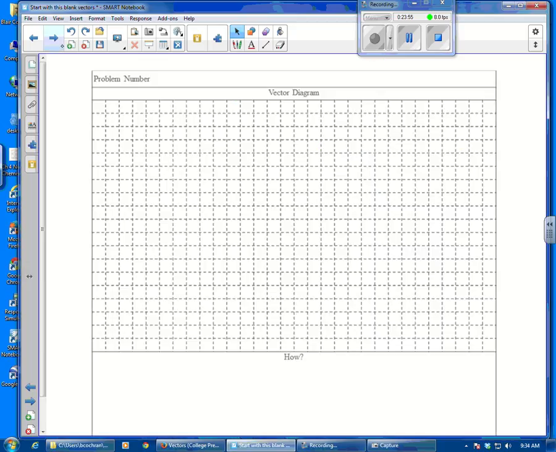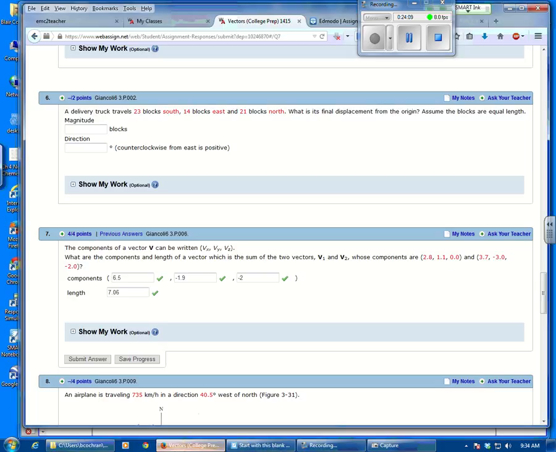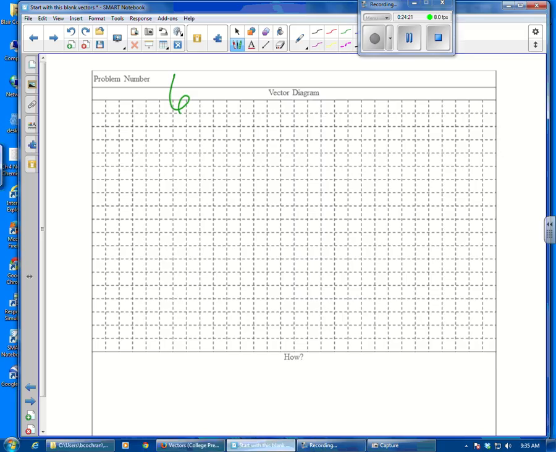Number 6. In number 6, we're given the path the truck follows, and then asked to find its displacement. Remember, displacement goes directly from where you start to where you stop. So I'm going to block out my path here. Let's see, 23 blocks south, and so I'm going to go